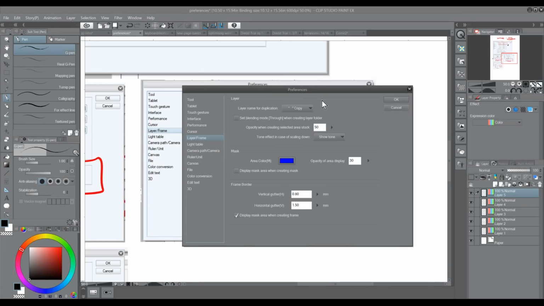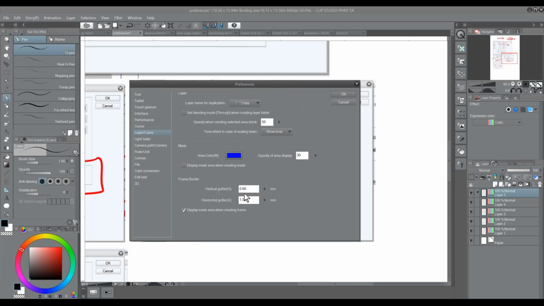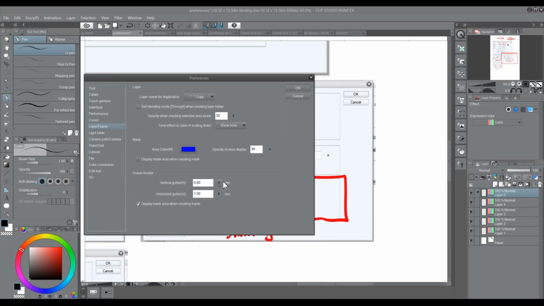measurements. It defaults to, as you can see here, a vertical gutter of 0.8 millimeters and a horizontal gutter of 1.5 millimeters. What that means is that the horizontal gutter is slightly further apart. And that is a thing I think that you see quite a lot in manga, but less in US and UK comics. Because I'm a 2000 AD artist, the 2000 AD style guidelines going back 30 years or so suggest